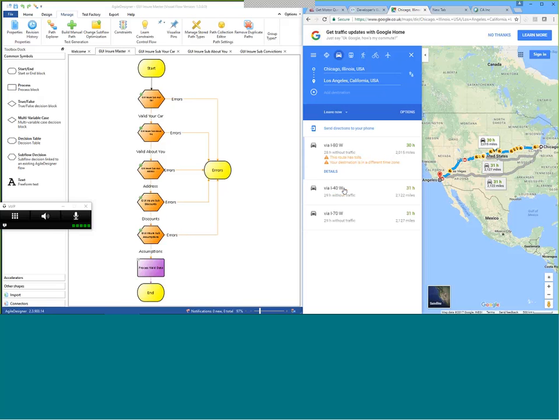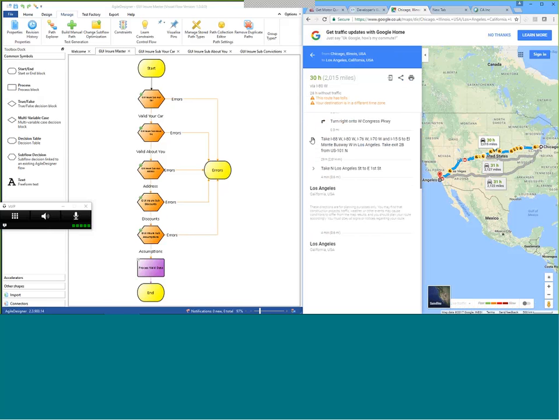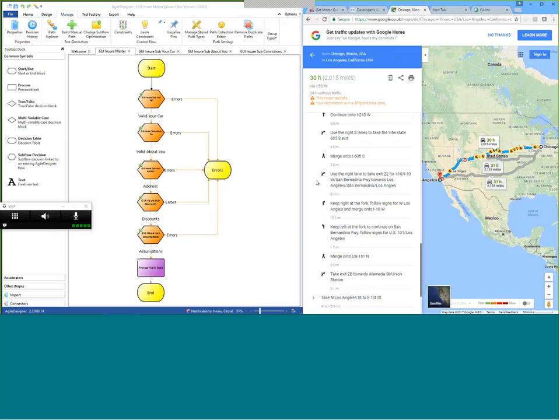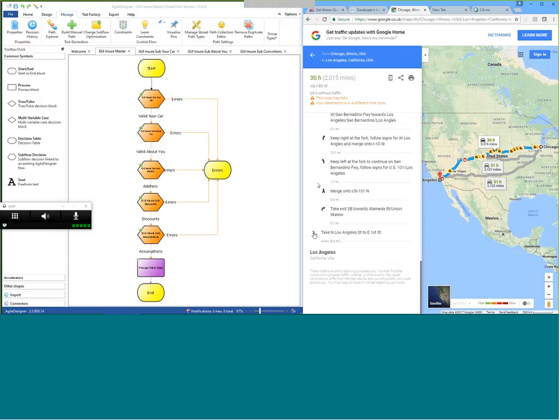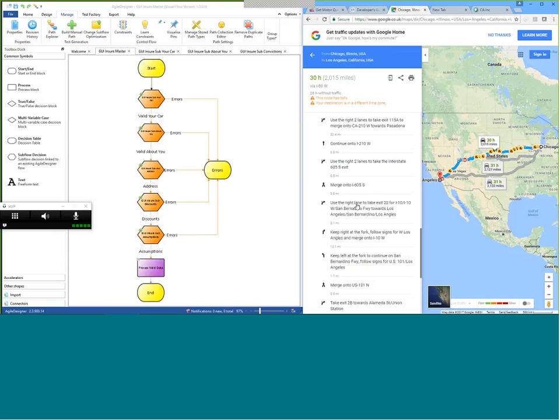And if I choose, it's giving me a choice of routes, but the top one is the one that I'll play with. And you can see that it's got like 3 major sections, but I can split that down into all the separate waypoints, the stage-by-stage journey from Chicago to LA. So, okay, I hope you're familiar with Google Maps or some other satellite navigation kind of scheme where you can do searches for